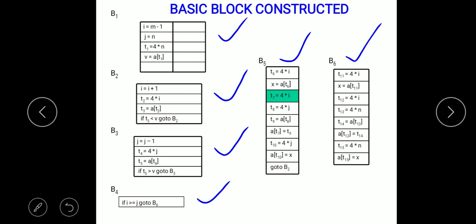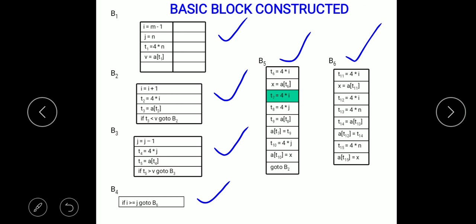Again, I am repeating the rule to construct a basic block so that you can clearly understand it. A basic block contains a leader statement and all statements which follow it up to just before the next leader statement. I think now it is clear. So this is called a basic block, and as I earlier told you, all statements of a basic block are executed in linear fashion.